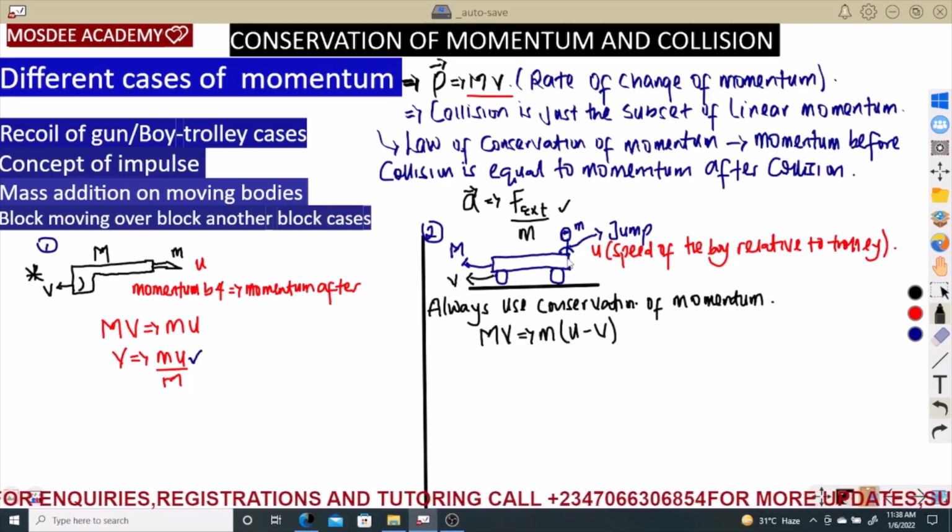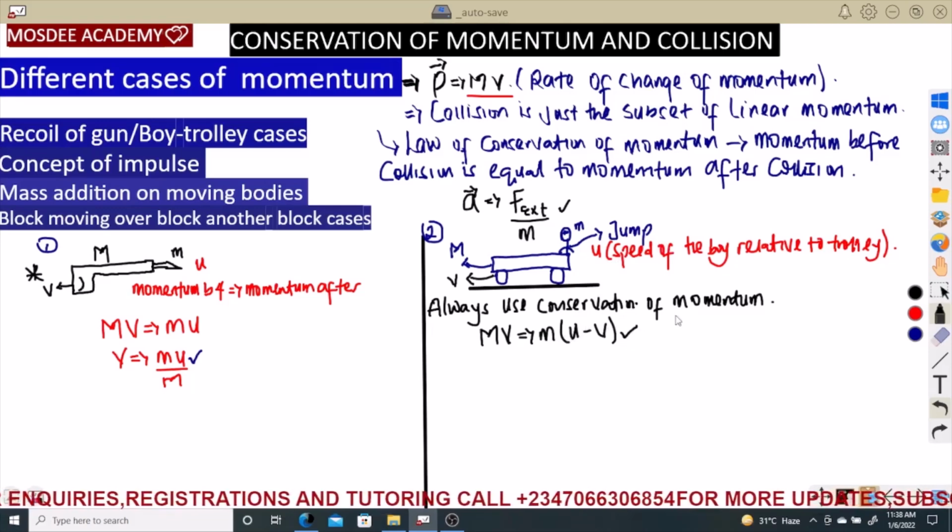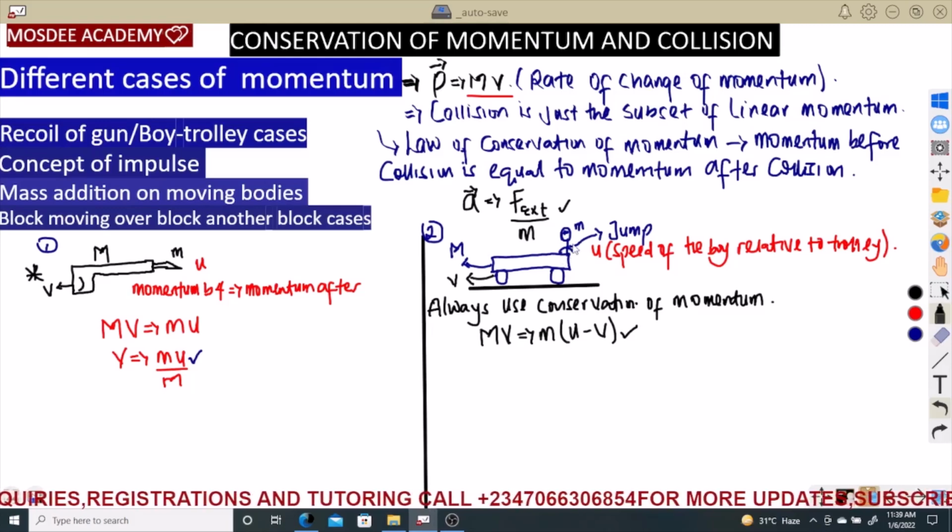So now the boy is jumping away from a trolley. So far it is jumping away, so the relative velocity is u minus v. So keep this in mind, which is also a very important formula you are going to come across in some cases whereby you have a boy jumping away from a trolley. So momentum before must always be equal to momentum after. So after the boy has jumped, the momentum after will now be the relative speed between the trolley and the boy with respect to the ground frame, which will be u minus v. As we have talked about speed, relative velocity in the same direction and in opposite direction in our introduction to